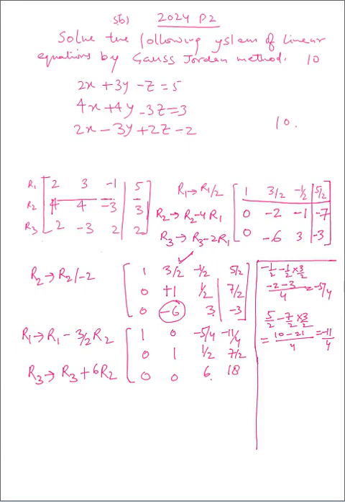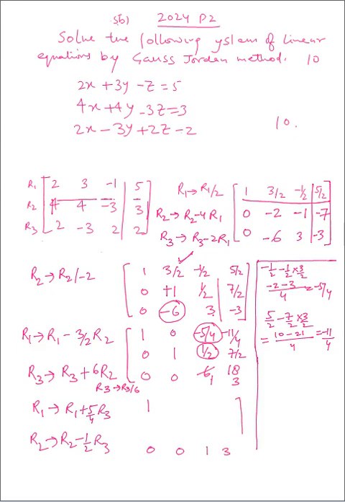Now we do one more step. We can write in next step R3 is R3 by 6. So this will become 1 and this will become 3. So the third row is okay. Now we have to do calculations in R1 and R2. So R1 is R1 plus 5/4 R3. It will make this element 0 and R2 is R2 minus 1/2 R3. So it will make this element 0. So we write first row we have to change, third row is same. First third row we have written.